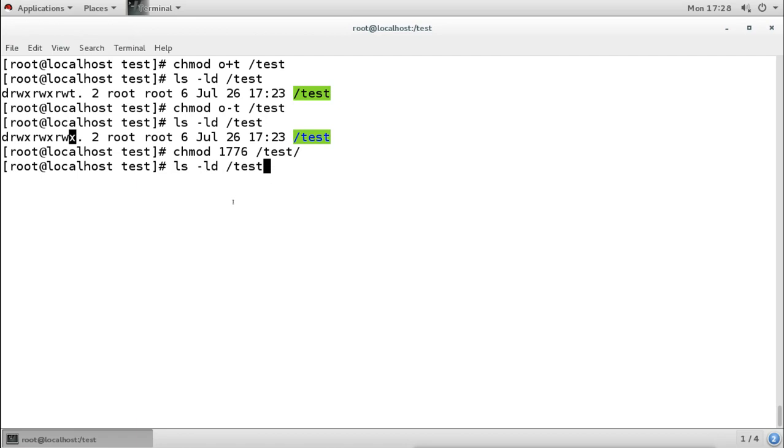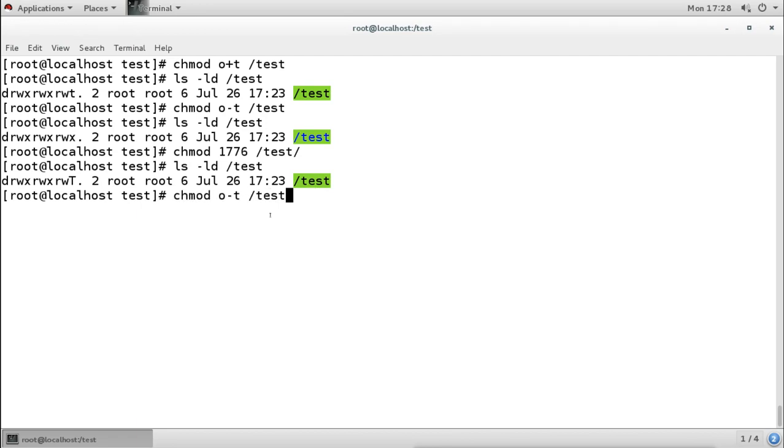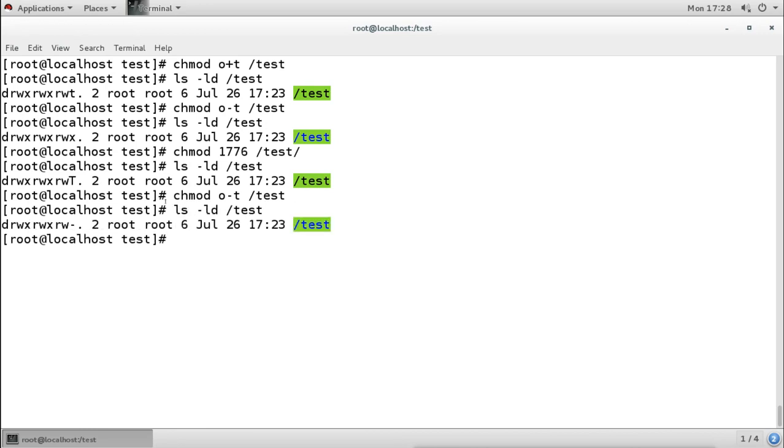Now when you check, you will see the capital T here. That means there is no execute permission available for the others. When we have the execute permission for the others, we will see the small t, and when we don't have the execute permission for the others, we will see the capital T. And we can remove the sticky bit, and we can see there is no execute permission for others.